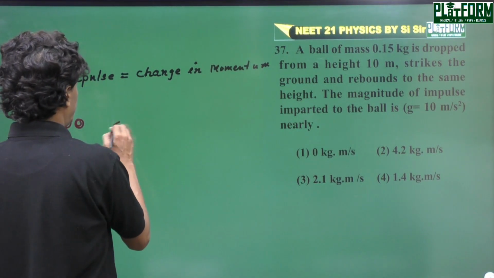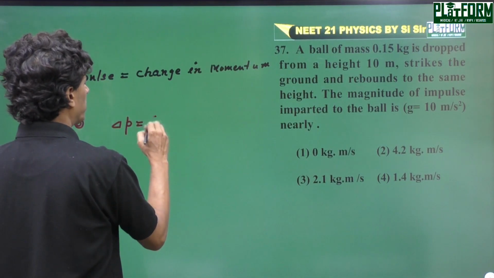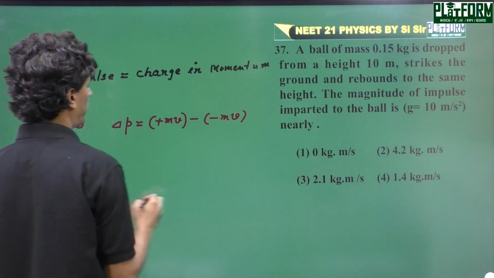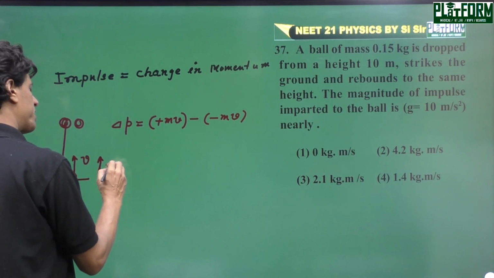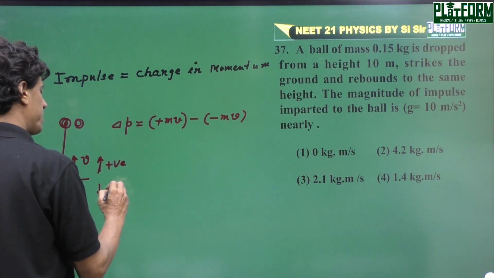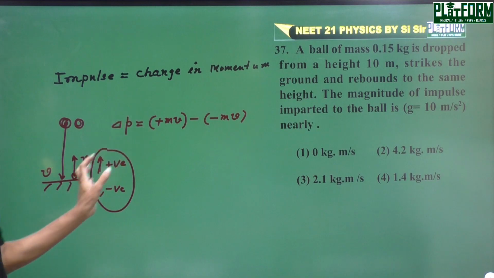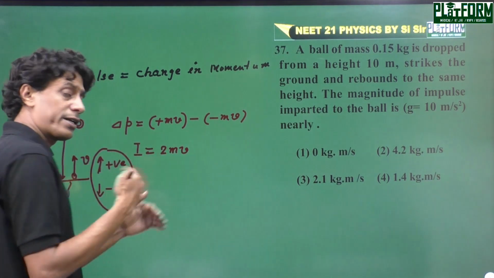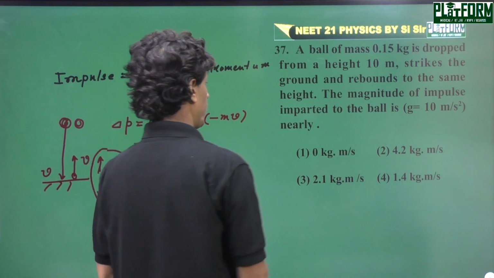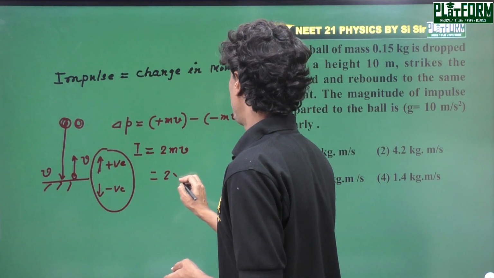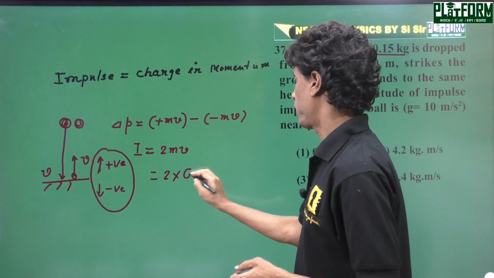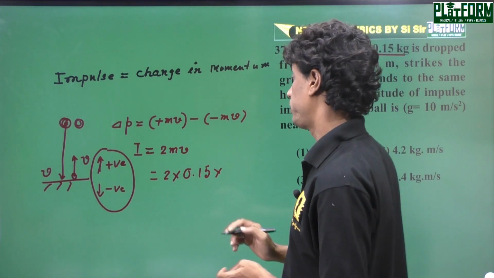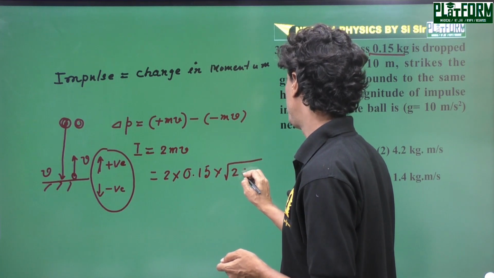Okay, so change of momentum equals final momentum minus initial momentum, it is mv minus (minus mv). If I take upward direction as positive and downward direction as negative, then the change of momentum equals 2 mv. So this is actually the impulse imparted by the ground to the ball. And the mass of the ball given in this problem is 0.15 kg, and the height is given in the problem. So velocity, you know, is root over 2gh,